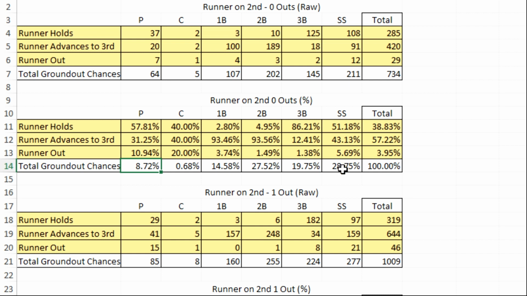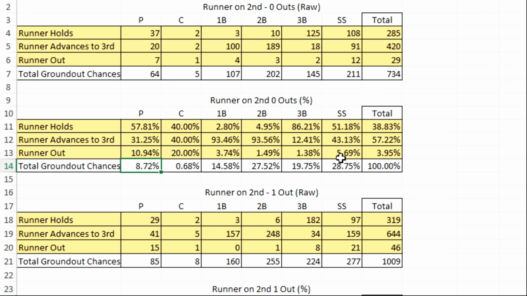Shortstop, though, the runner is holding about half the time. 51.18%. The runner holds on balls fielded by the shortstop. They advance to third a little less than half the time, 43%. So again,